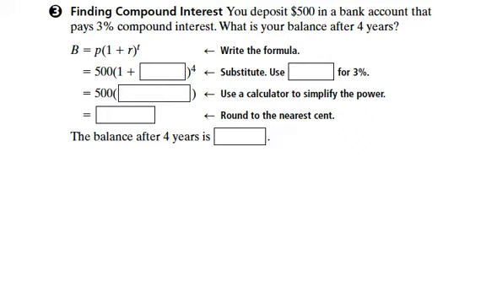B is the balance in your account after you earn the interest. P is the principal, R is the rate, and T is time. So we substitute in the things we know. The principal is 500, the interest rate is 3%, but we write that as a decimal, 0.03, and our time is 4. So 1 plus 0.03 is 1.03 to the 4th power is